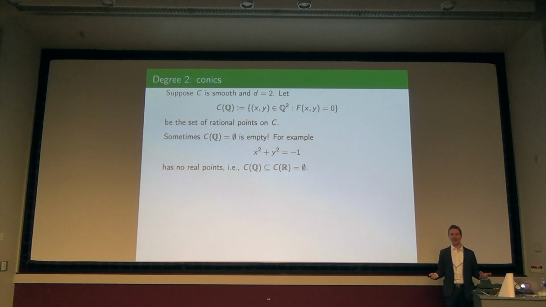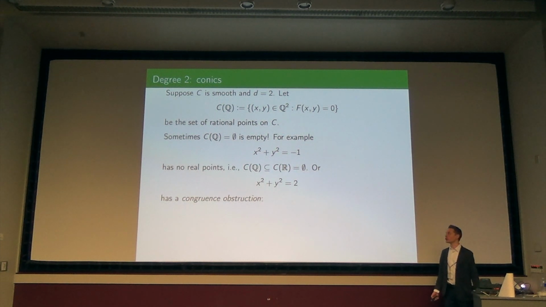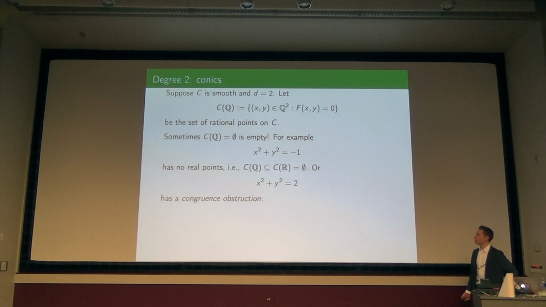If you're a number theorist like me, the real numbers are a completion of the rational numbers with respect to an absolute value, and there are other absolute values that you can put on the rational numbers. Maybe that sounds too fancy. The other thing you learn in number theory is congruences can often obstruct solutions. So let me show you what that looks like. I claim that there are no solutions to x squared plus y squared equals 2 except 1 plus 1 is equal to 2.